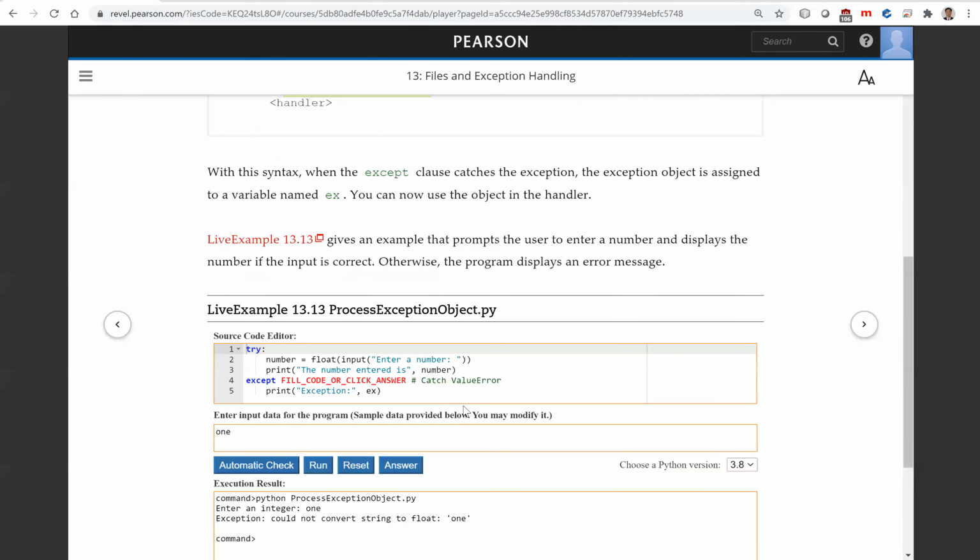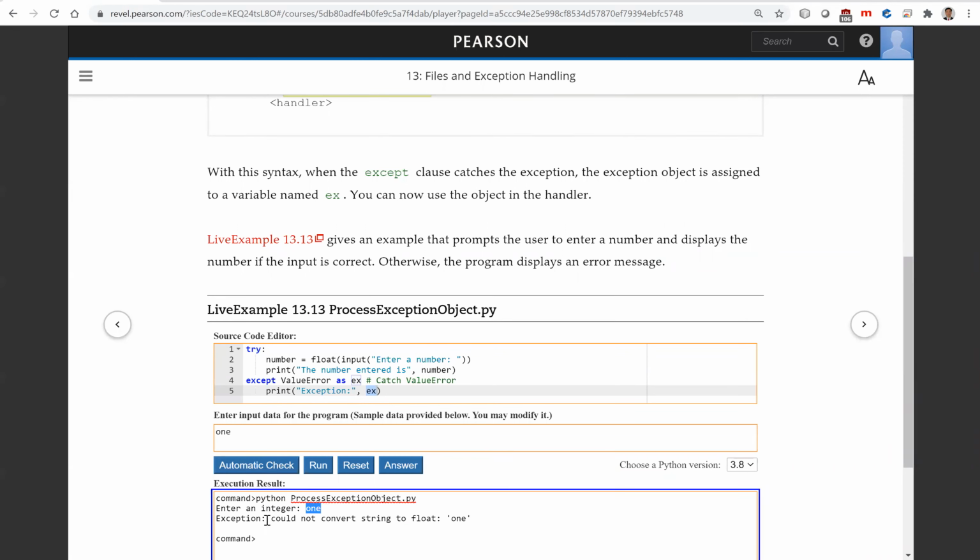So here is an example. We're going to write this code for entering a number. But if you enter a string, for example, 1, you are going to have a ValueError. So we're going to catch the ValueError here. We want to know what this ValueError is, so this is ex. When you run this code, you can see "Enter an integer" is 1, and